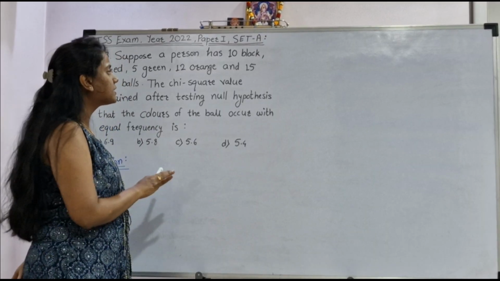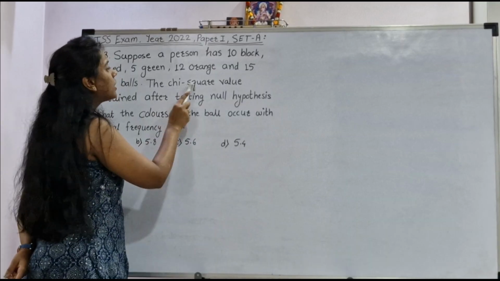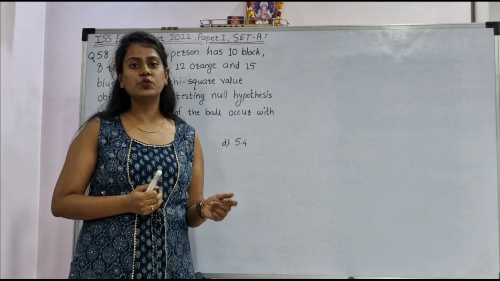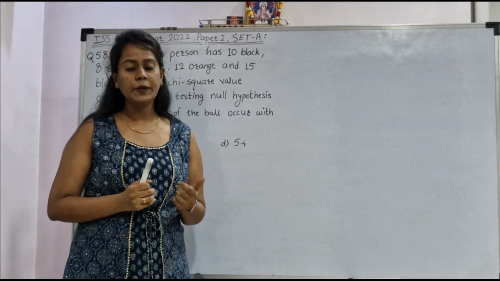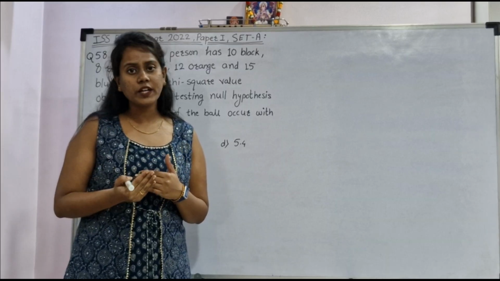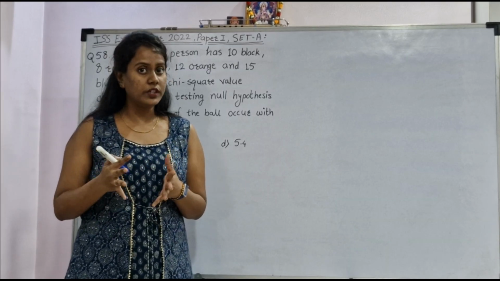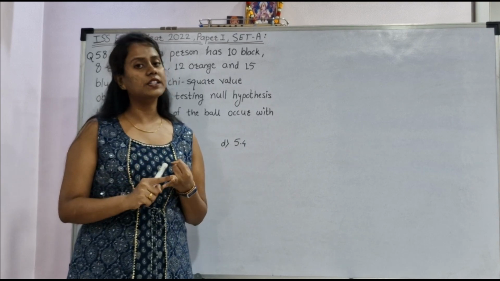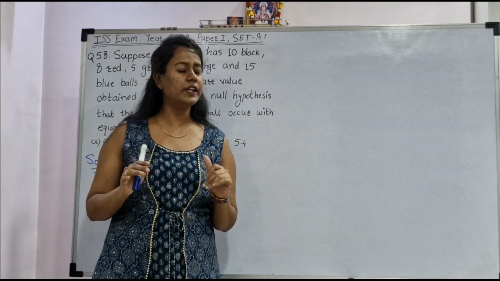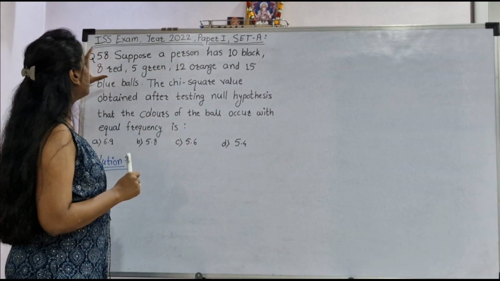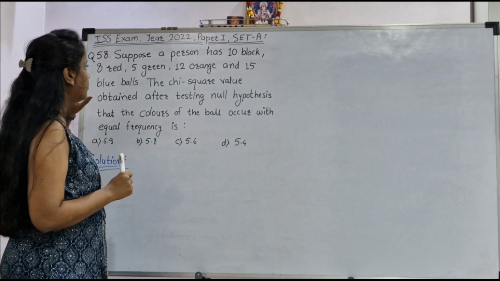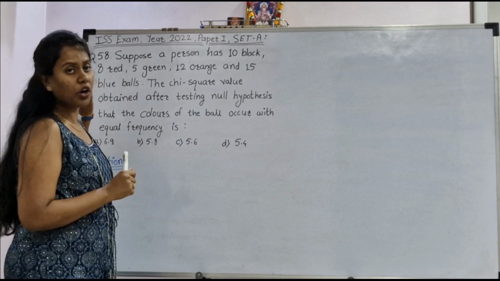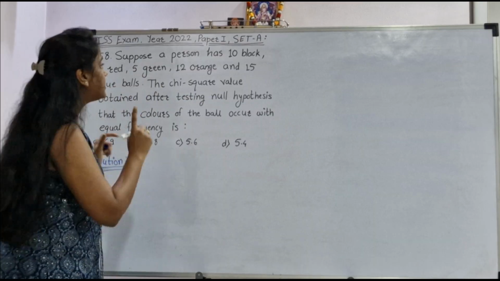Okay, so in this example we want to find out the chi-square value. So here we take help of a chi-square test of goodness of fit. Now when we are talking about the chi-square test of goodness of fit, we need two values. One is observed, another is the estimated value, right? So in our first statement, observed values are given. Here what is given in the first statement? Colors of ball and its frequency is given.